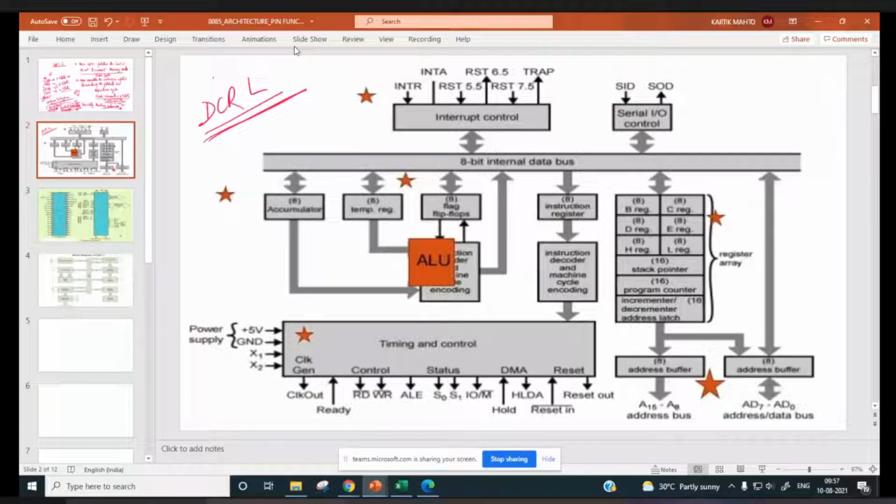So if we put a temporary register in between during any data transfer, suppose we have 8 registers. How many different commands will be there? 8 into 8, 64 different commands will be there, right? So 64 different unique micro instructions will be needed for 64 different data transfer